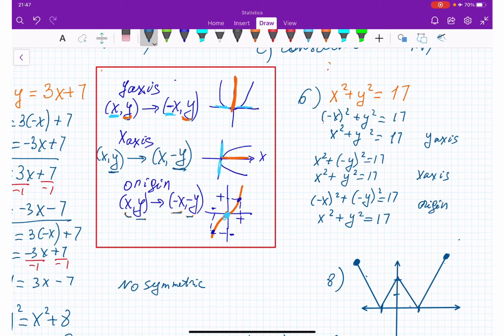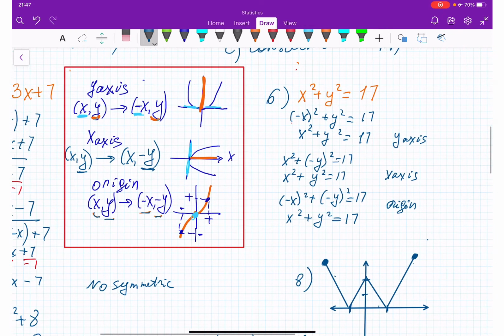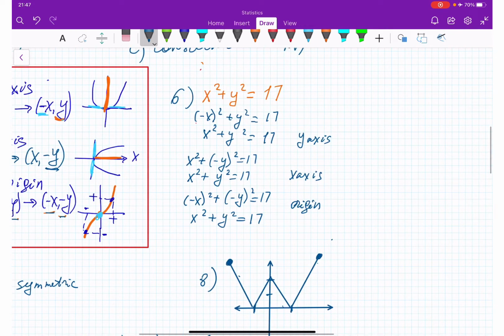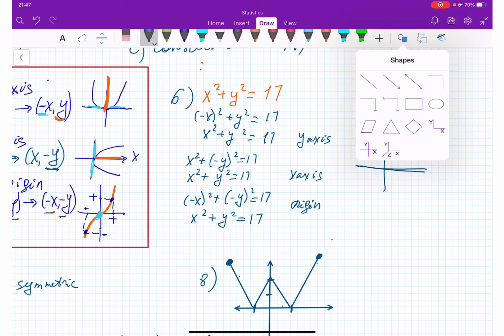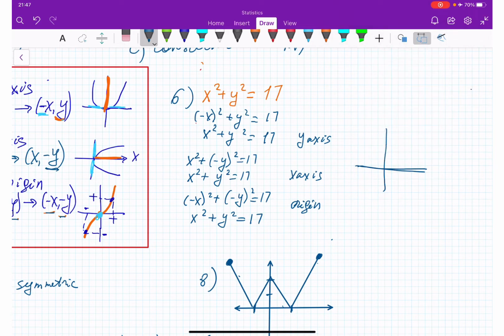Now, aren't you curious what kind of graph this is? That is symmetric to the y-axis and symmetric to the x-axis. I would be. So this is how this graph would look like. That's the formula of a circle. See, it's symmetric to x,